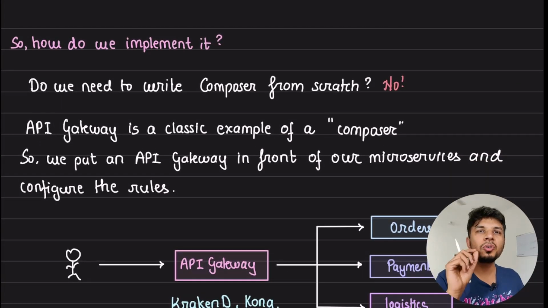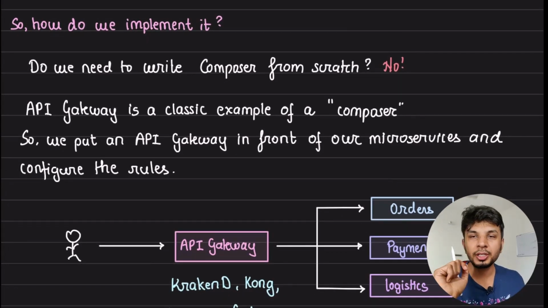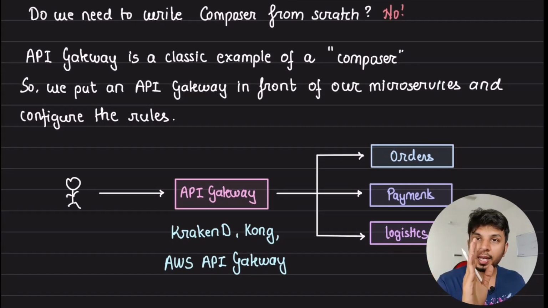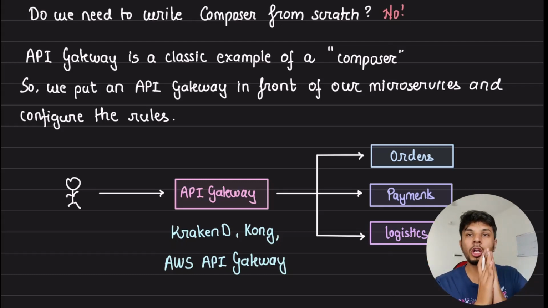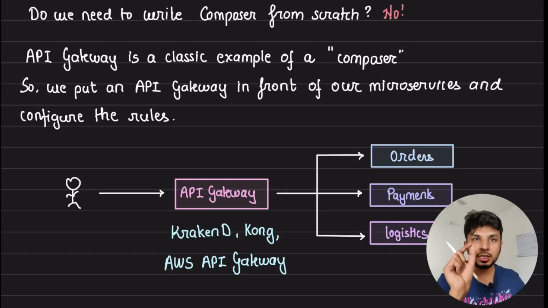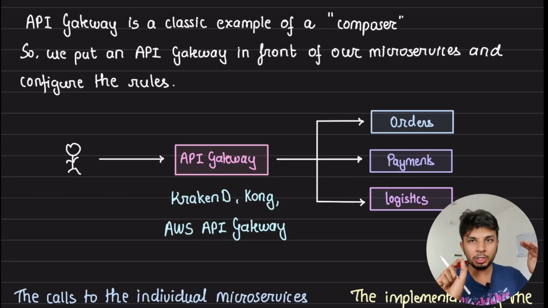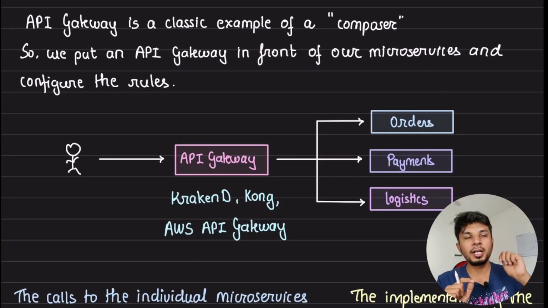Not at all, right? So what can we use here that would act as our composer? A very common component that solves this exact problem is called an API gateway. So API gateway is a classic example of a composer, and we typically place it before all of our microservices. So the API gateway is the first point of contact for any request coming in